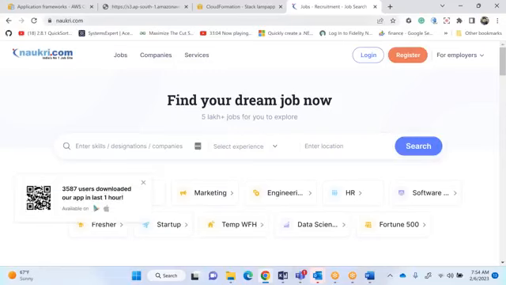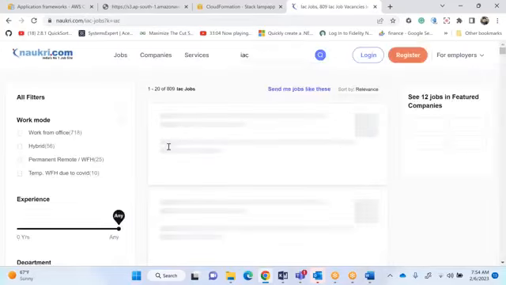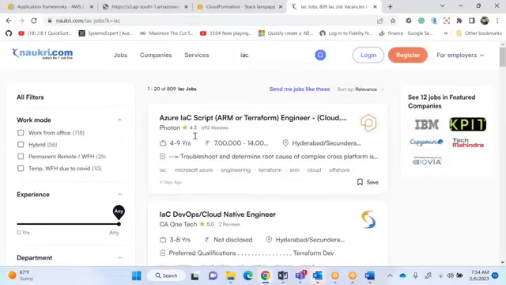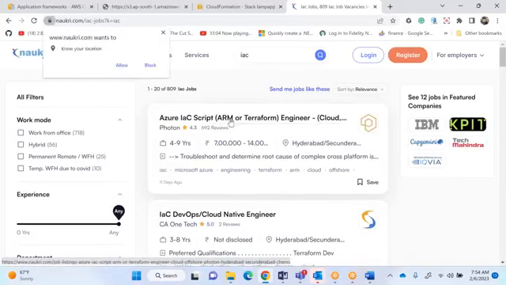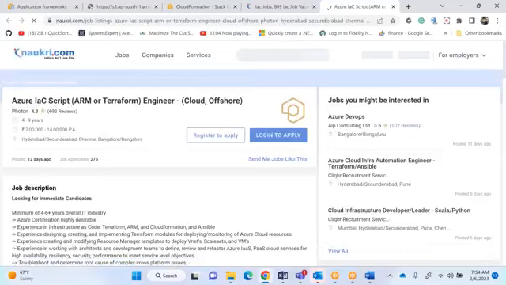Okay, let's take an example. I'll click on IAC. Maybe multiple meanings are there, I don't know, but let's take an example. See, very good, awesome. Azure IaC script, ARM in Azure. We call it ARM. Terraform, you click on it. It is Azure, but as I said, the most important thing you require is this.